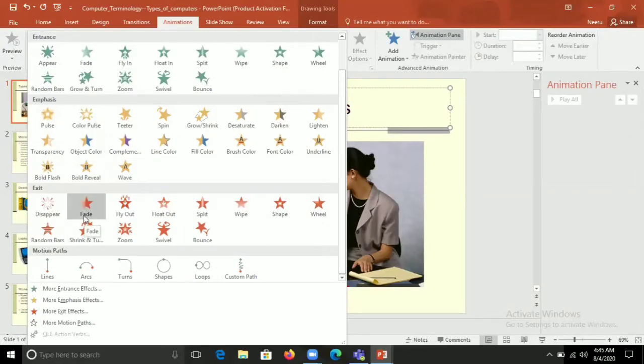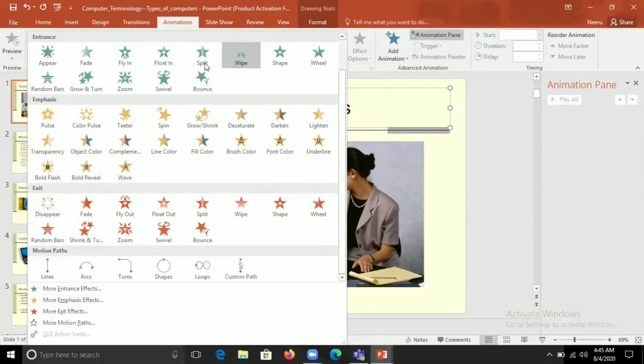As the name indicates, when you want to exit your text, picture, whatever, during the slideshow, you can take from any. Last one is motion path. If you want to provide some movement and decide some path like line or arc, how you want to move, you can take it from here. And from More, you will get more animations.